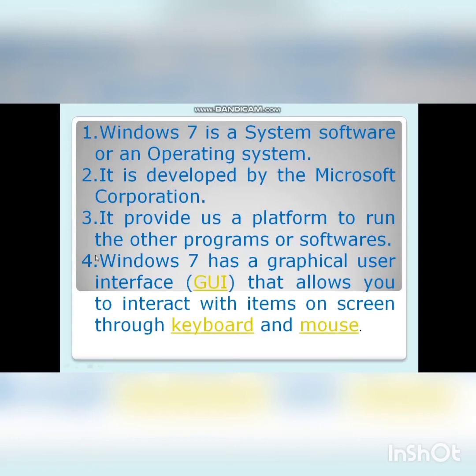Windows 7 has a GUI interface. GUI means graphical user interface, which allows us to interact with the items on the screen through the keyboard or mouse. It means if we want to interact with a computer screen, then we can use the keyboard or mouse peripherals to perform the task.